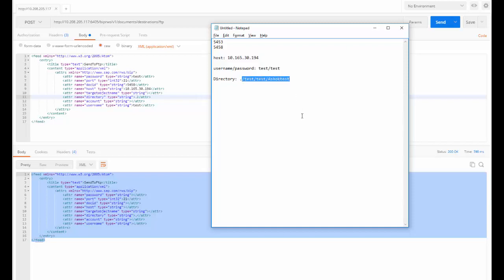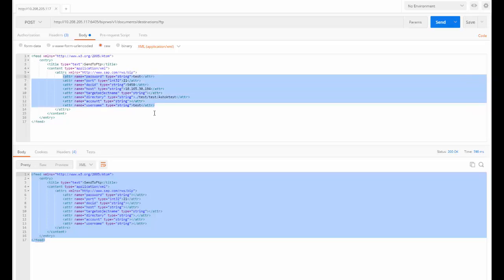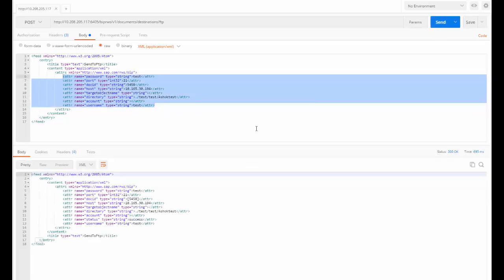The directory for posting our document has to be specified here, and once we have filled all these fields, we will choose send. And we see that the server returns a success message to us, which means that the document has been posted successfully to the FTP location.